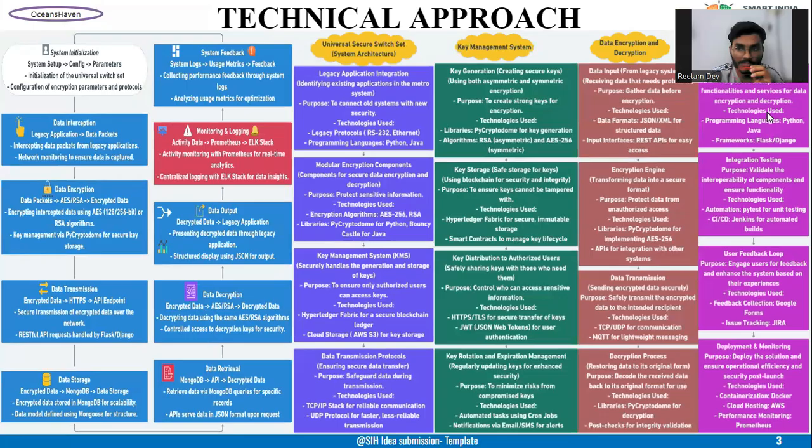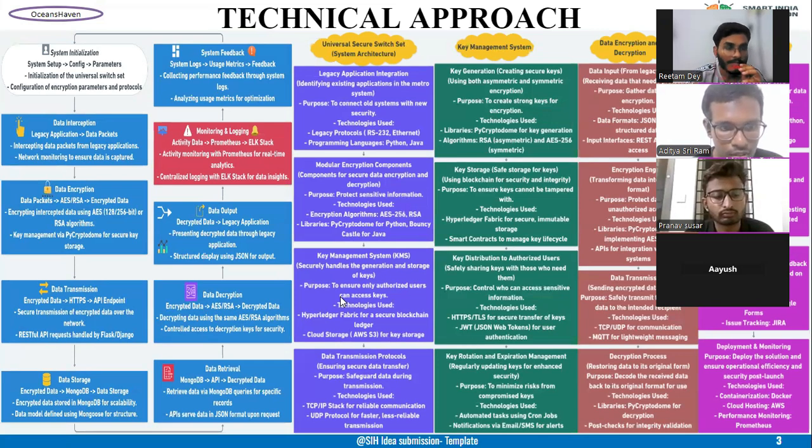Next comes the technical approach, in which first the system is initialized: system setup, then configuration parameters, initialization of the universal set, then configuration of encryption parameters and protocols. Then is data interception, intercepting data packets from legacy applications, then network monitoring to ensure data is captured, and then data encryption, where intercepted data is encrypted using AES